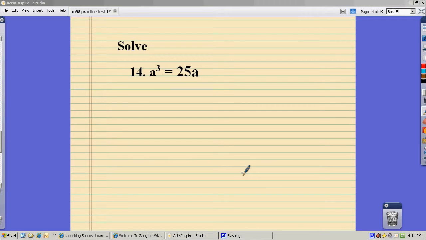Math 98 practice test 1. This is question number 14. Supposed to solve it. And as I go to solve this one, I notice that I have an a cubed